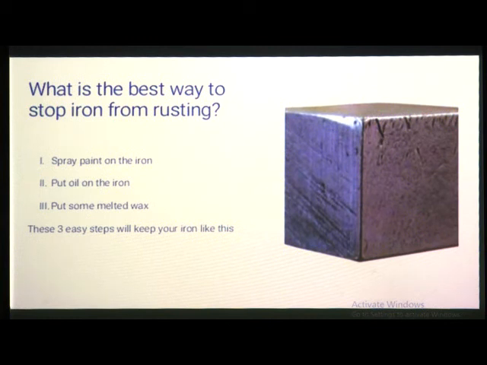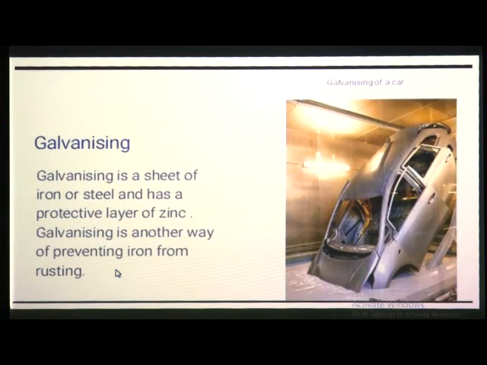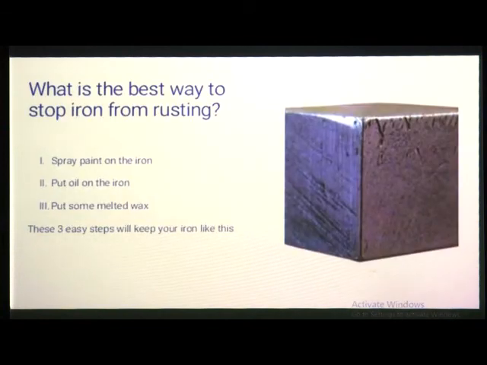We see that black colored substance, which is grease, is always put on the doors at our home. So that grease we can also put on these substances so that they will not get rust. But what about those objects on which we cannot put oil or grease or paint every day,